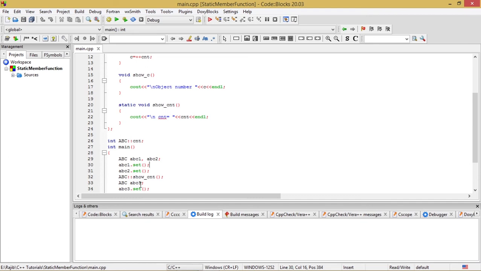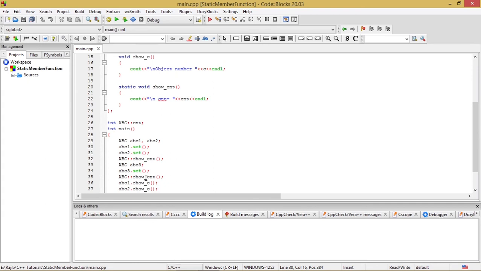After that I have created yet another object ABC3, and with the help of ABC3 I have also invoked the set function, which again increments the static data member by ++ and assigns it to the variable C of the object ABC3. So ABC3 has a value of C equal to 3.